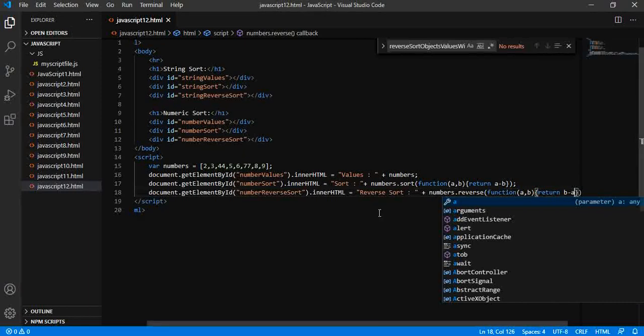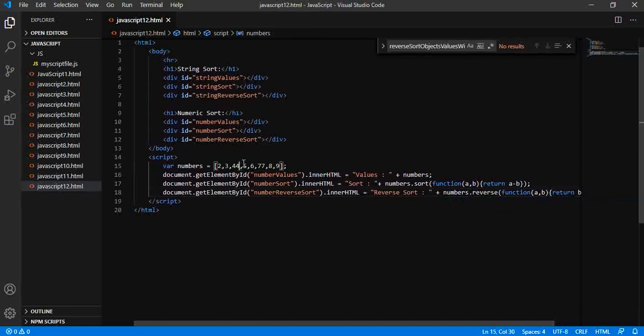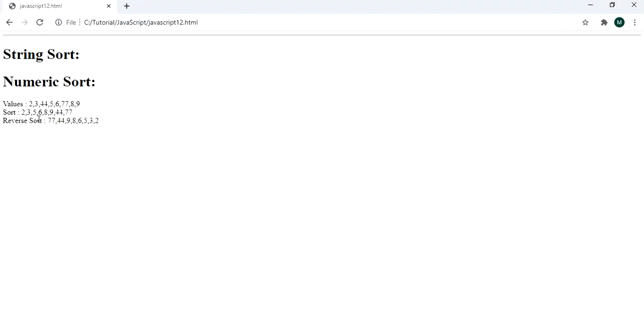Let us see the output. So when I am sorting 2, 3, 5, 6, 8, 9, 44, 77, and on the reverse order, it is coming like this.